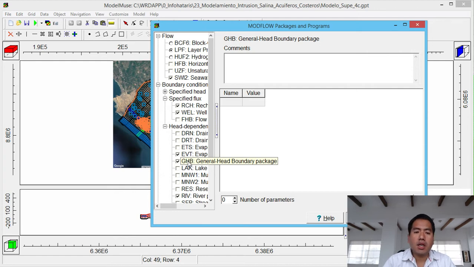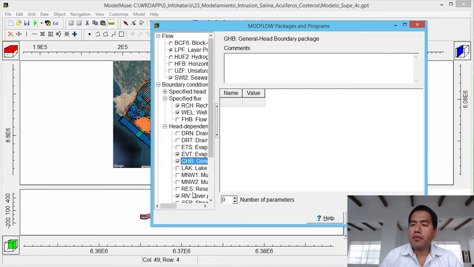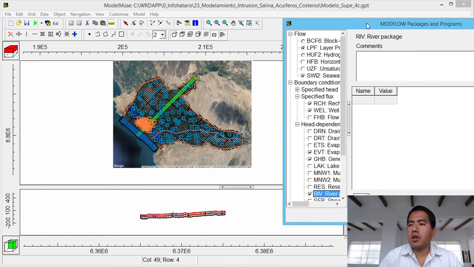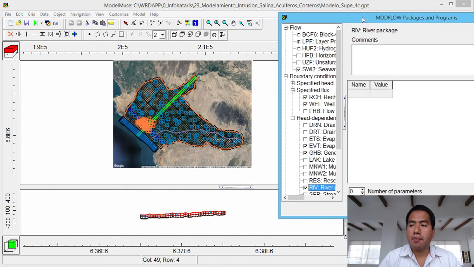Okay, the general head boundary condition is the one that we have used for the sea. We can have either constant head or general head. We have used general head because sometimes it's more stable, since you use the conductance. And then we have the river package, because when we model ambient basins, the river, or a stream